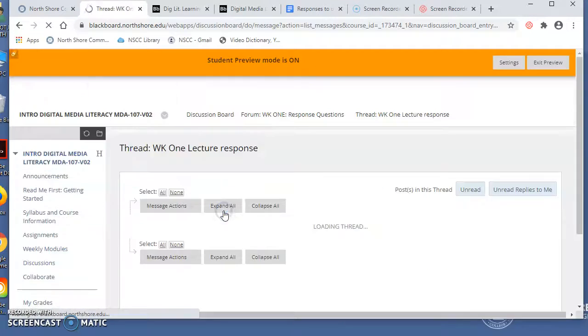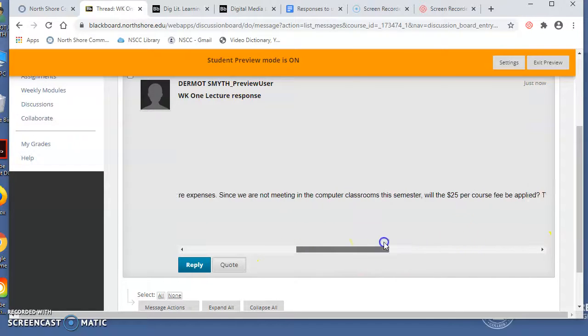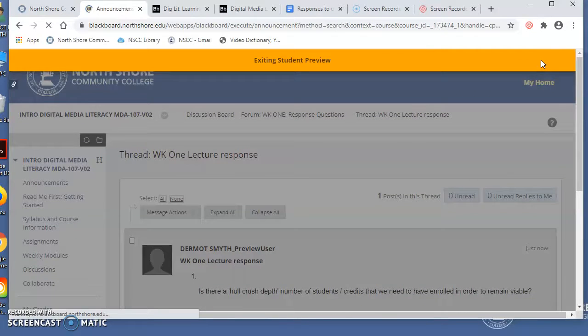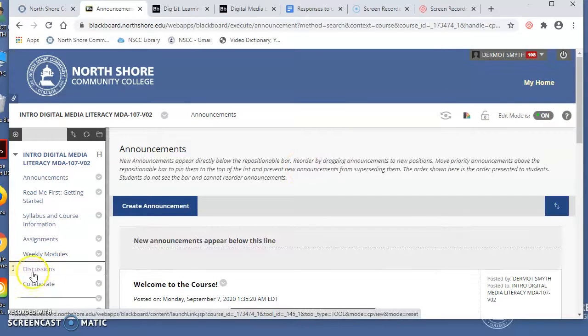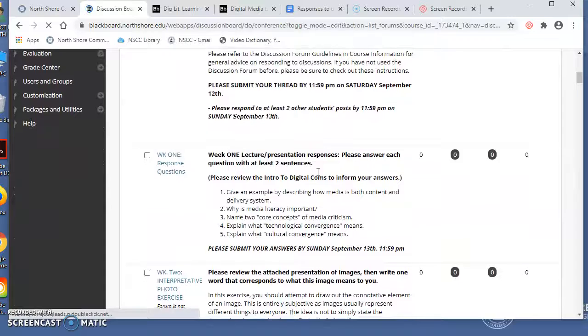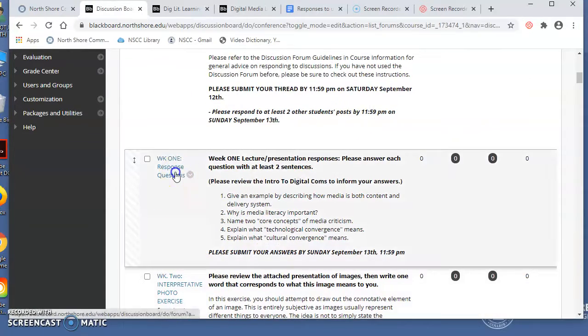And now when I open this up, watch this. Now see the way the text is all over the place there? It's all messed up. It didn't format properly. That was because I cut and pasted from a Word doc. So what you've got to do, and I'm going to exit out and show you how to do it properly, is make sure that when you post something, you get rid of the formatting.